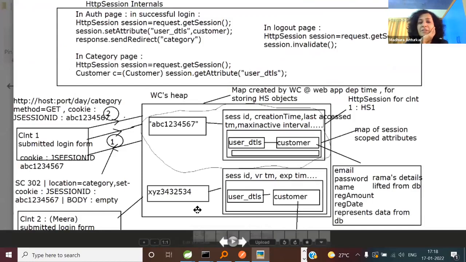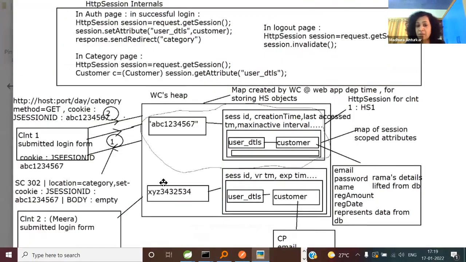Unless you think in a map within a map and have this discussion, it is impossible to get the feel. So once again, I'm saying, today is a day of JSP. So when you say ${sessionScope.user_detail}, we are referring to this inner map of session scope attributes, which the web container gives a name, sessionScope. Likewise, there will be separate maps: requestScope, pageScope, applicationScope, param, cookies, etc. Okay, so imagine this is just a part of the container's heap I have shown you.